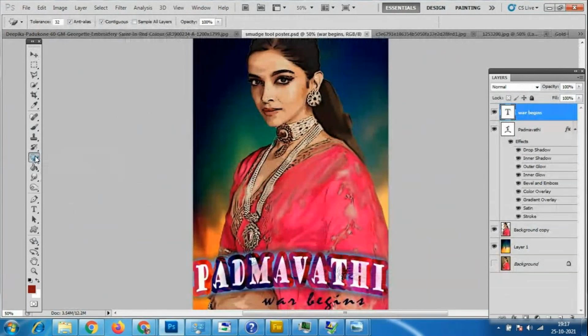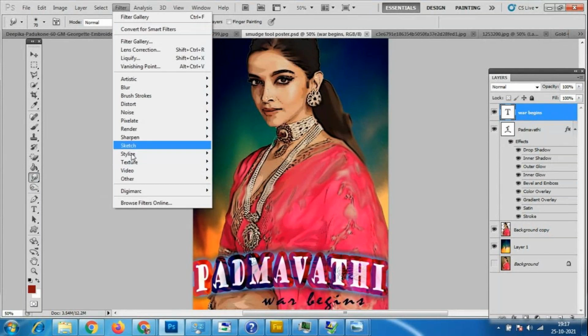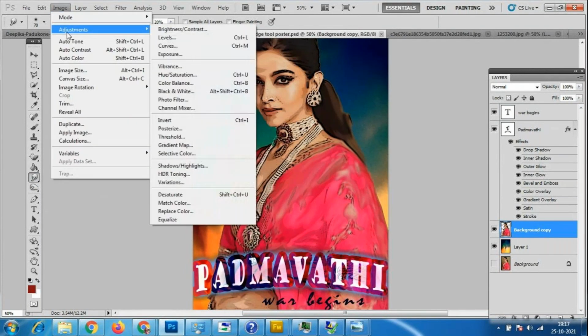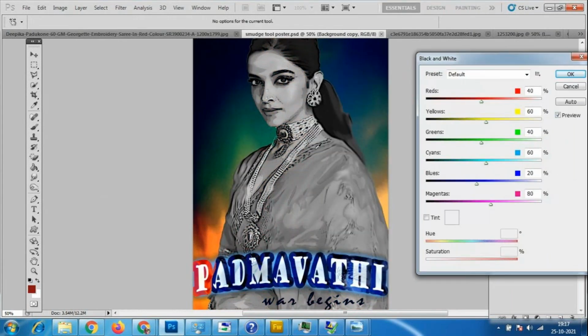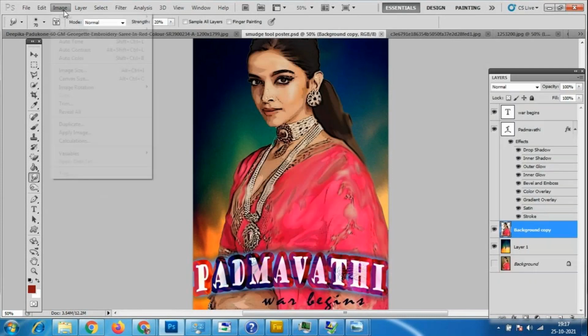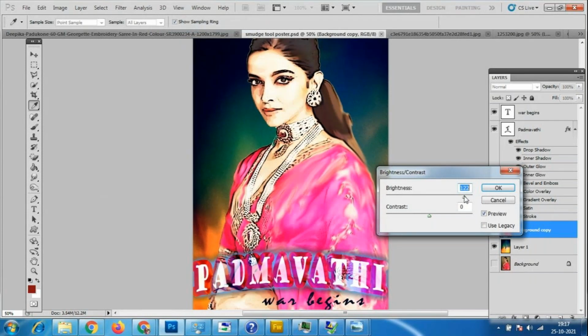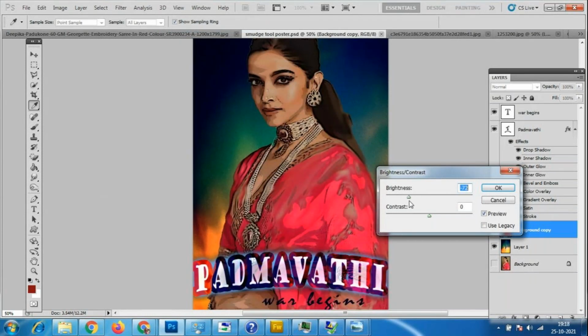What I have taken today, just use this blur tool, sharpen tool and the smudge tool, and go to the filter options and use all these options. And here, the same file, you can use the image adjustment. Here we can make it black and white, see, it completely becomes black and white. And if you want to make the color, brightness and contrast more, you can do the changes for that also.